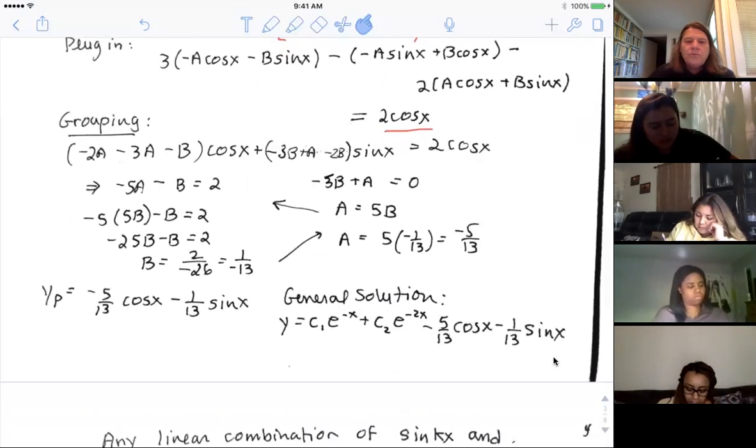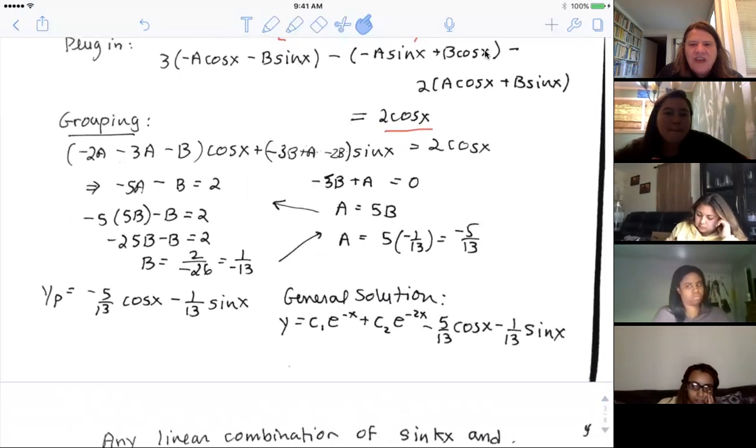So if I look through this whole thing up here, I'm going to have constants times cosine x's and constants times sine x's. So I'm going to group it like that. I'm going to take all the ones that have a cosine in them, and I'll look at that here. That's minus 3a, and there's a cosine right there. That's going to be a minus b. That's where I get it there.